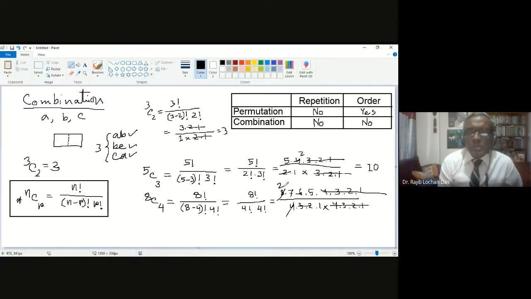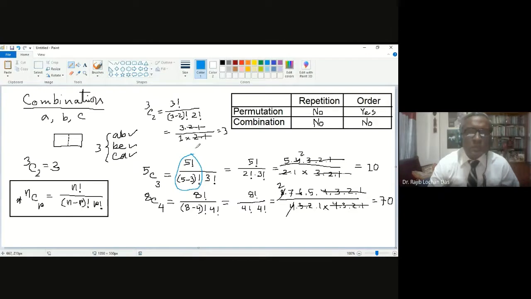So it is 2, so it will be 70. It will be equal to 70. So this is 8C4. Okay, so now you can check. I already told you that this part is actually